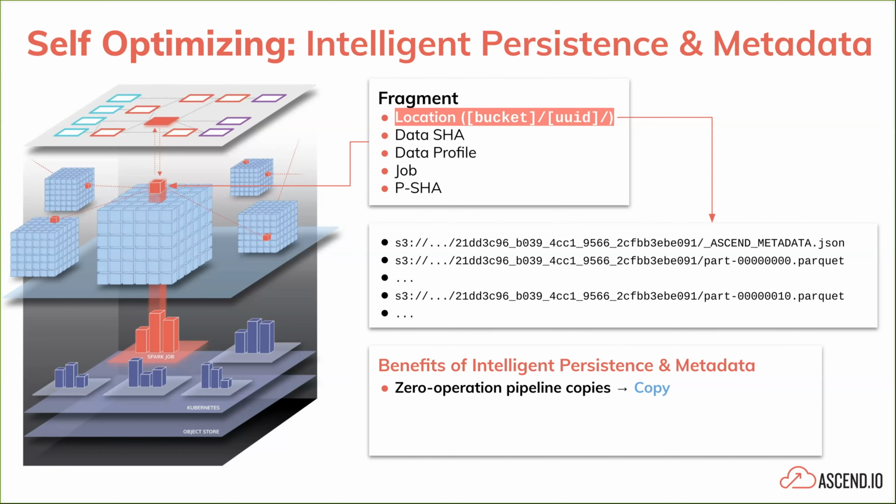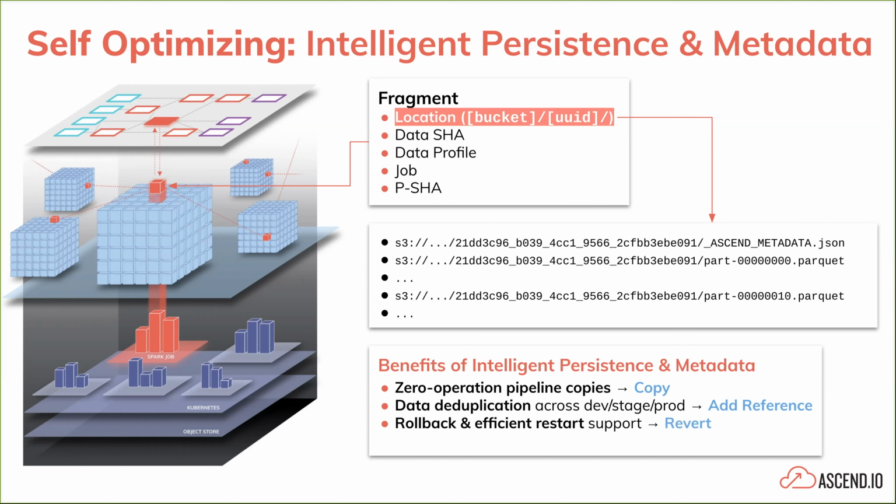We can data deduplicate as we're developing from staging to production, right? We can almost do like blue-green deploys, if you will, where we pre-process all the data in staging that we will need for production. And when we deploy to production, we see that all of those PSHAs already have the output fragments. So we're just simply adding a reference for the production components to that existing data set.